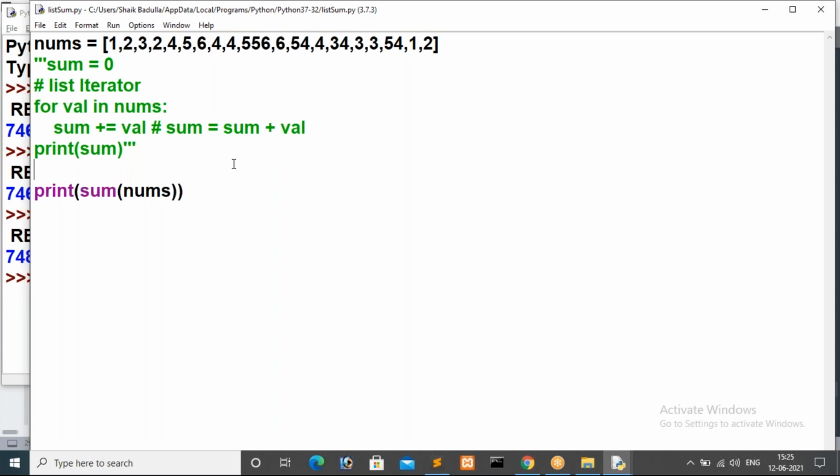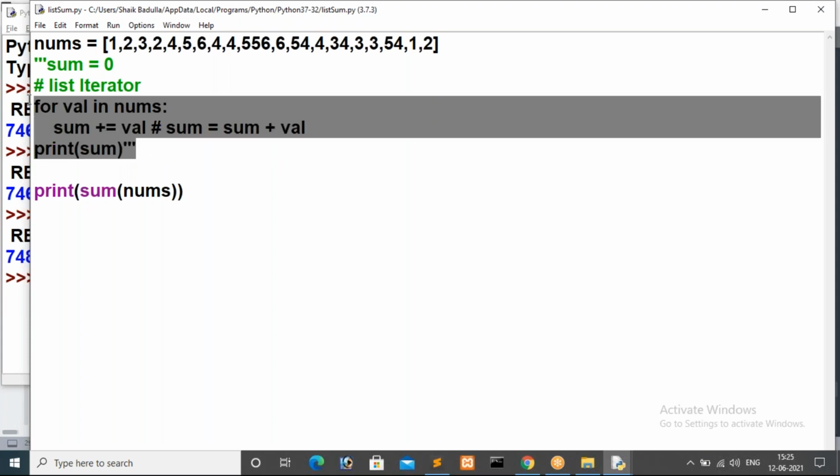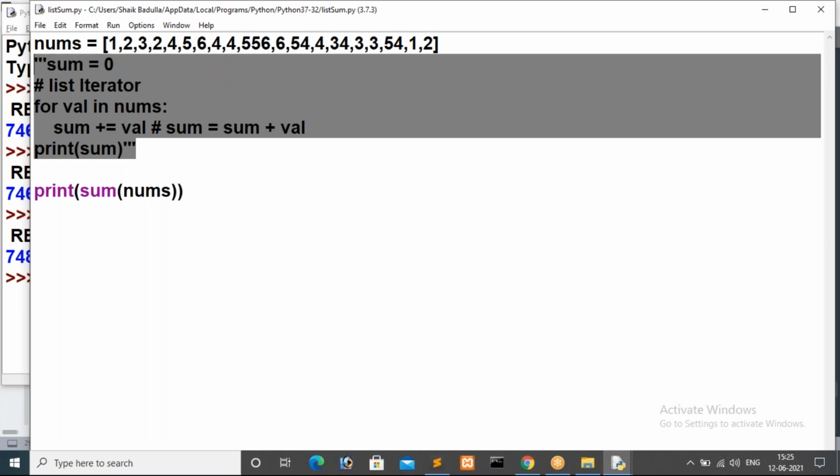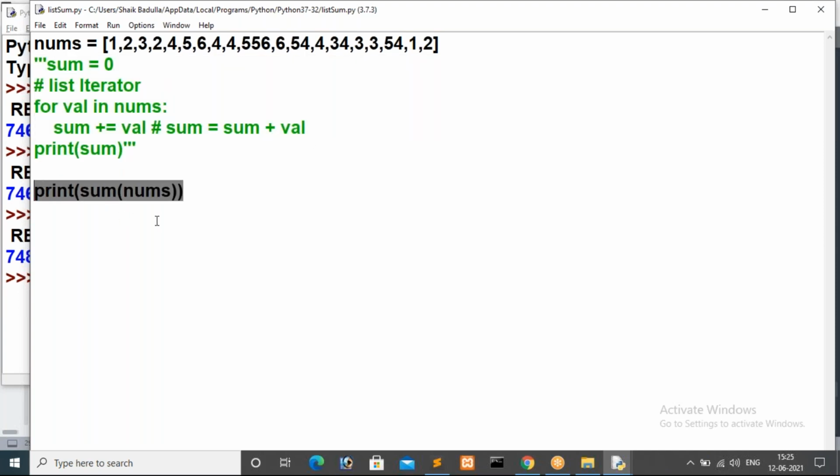You have to remember these two methods, guys. This is also important. If you are going to perform the sum of digits in a string, then you have to follow this concept. Otherwise, if you are working with a list or tuple, then you will go with just sum of nums.